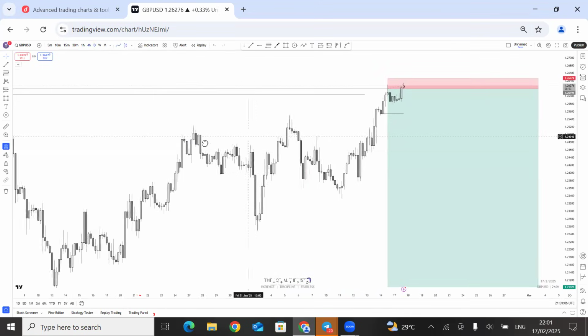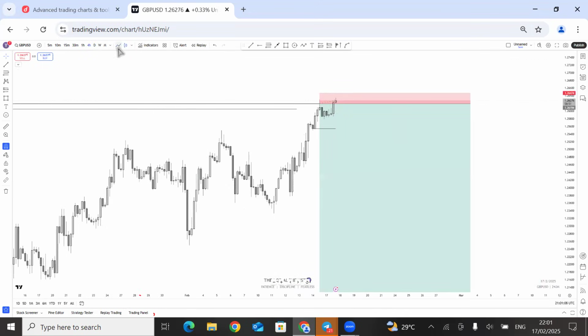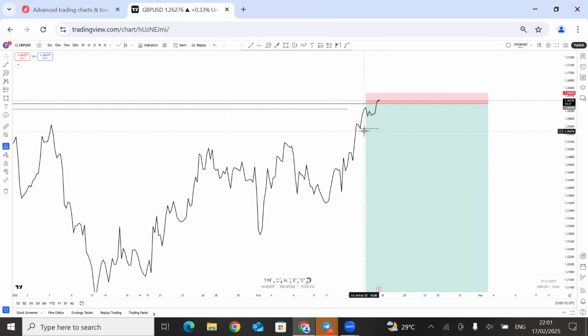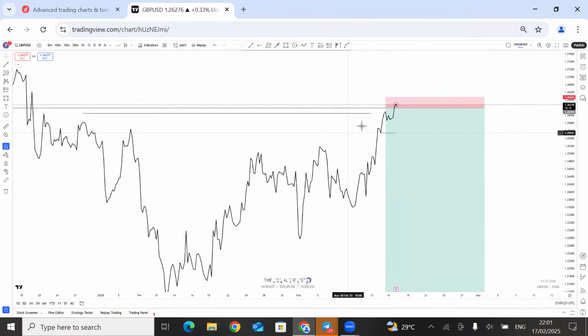So what am I waiting to see on the 4 hours? Let me turn on my line chart. I want price to break this low to the downside. If price successfully breaks this low to the downside, what am I looking for? I'm looking for sell opportunities only. Once price breaks this low, this is what I want.